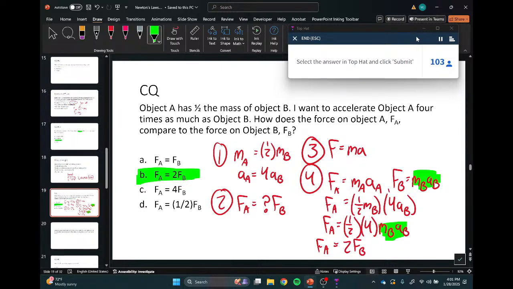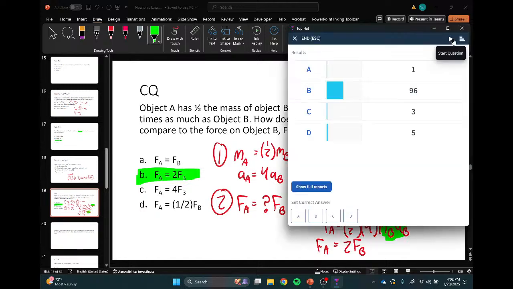So I'll give you a few seconds if you haven't changed your answer to this one. Again, you get most of the points just for answering, but since I haven't shown you all how to do this, it has enough steps. I worked through it before I close it. In 3, 2, 1. I don't want to leave it open forever because I'll forget to close it, and then who knows what happens. Great.